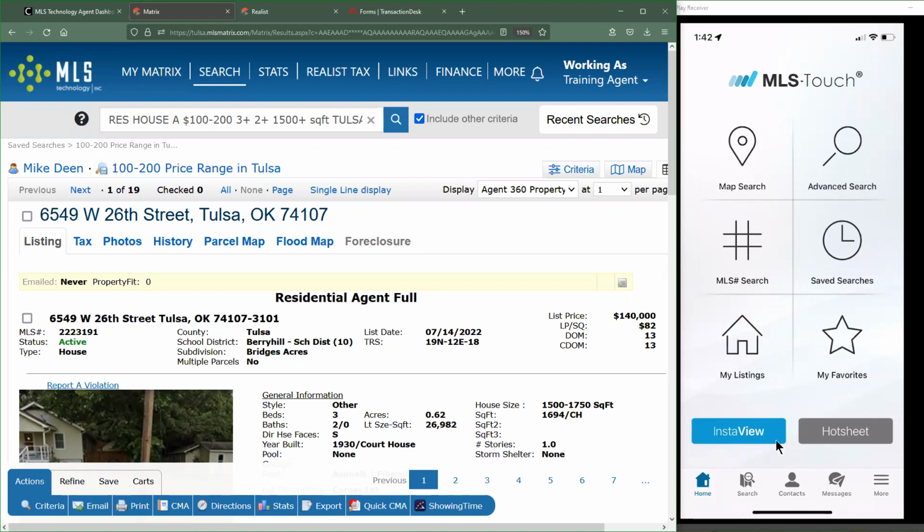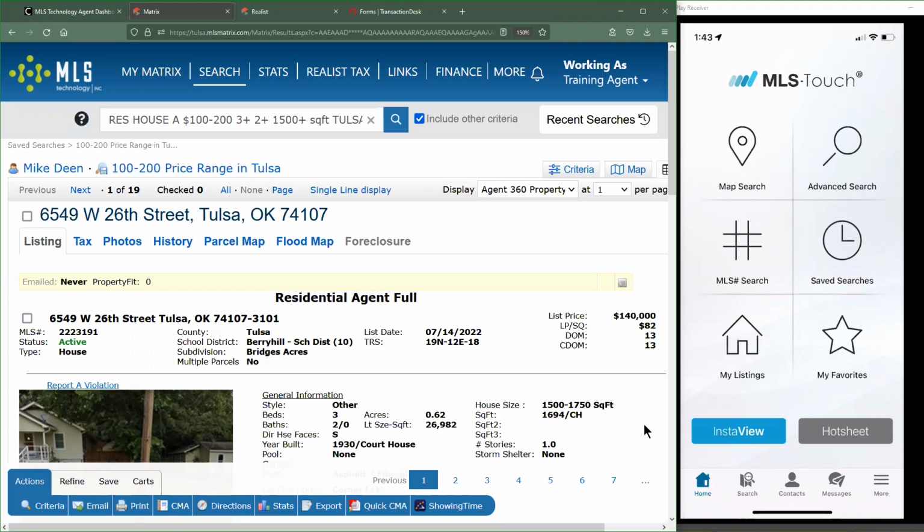So as I mentioned before with the kind of casual example, if we do end up in a situation where a client is on a showing tour and they're taking a look around and all of a sudden they end up seeing some property across the street and they're like, tell me more about that one. And you're like, I didn't even know that was for sale. You can hit this button that says InstaView and immediately pull up the details about that property. So it makes it way easier to try and find out information.